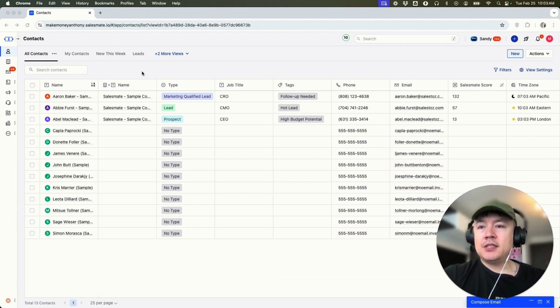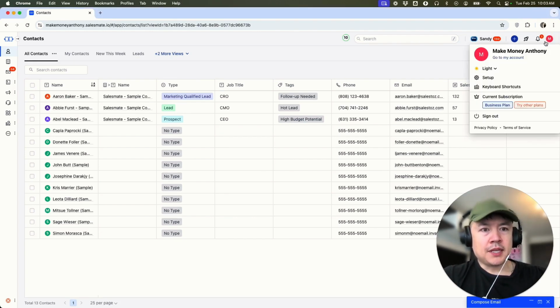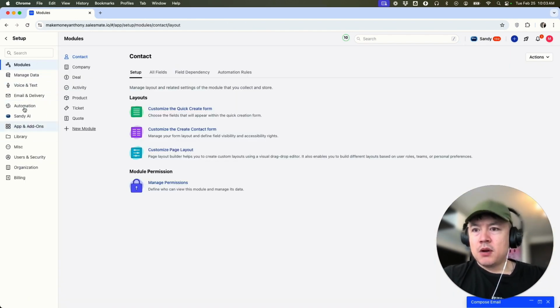But I've already logged into my SalesMate CRM, and this is the home screen. Now here on the home screen, there's actually two different ways you can get your API keys in SalesMate. The first way is you want to click on your profile letter here on the top right. Once you click there, you'll see a drop down, and you want to click here on Setup. Once you click on Setup, you're going to see this menu off to the left, and you want to click